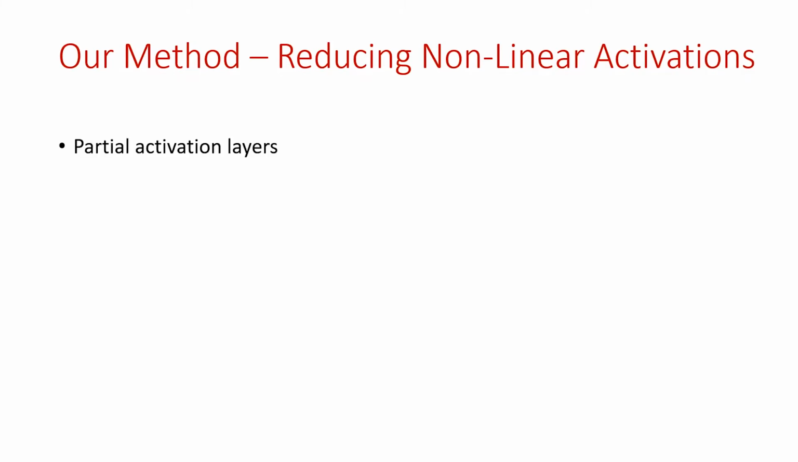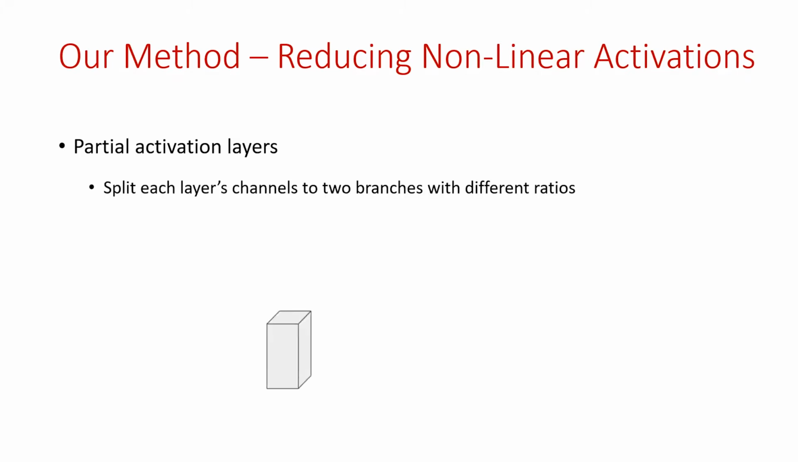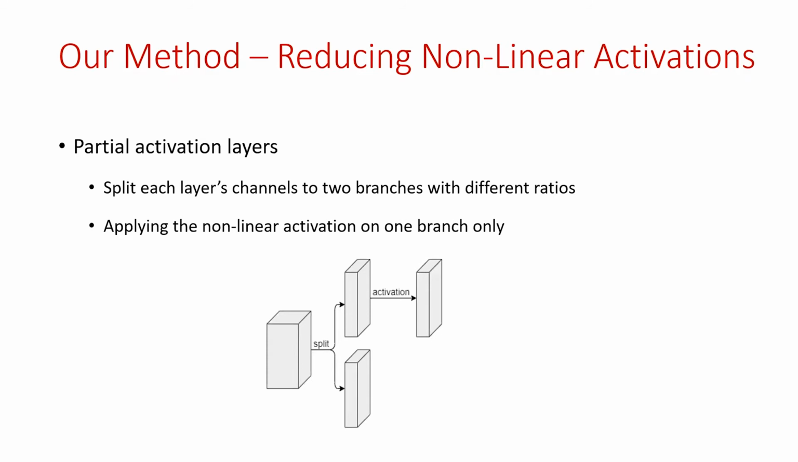In order to do so, we propose a novel activation layer, which we call partial activation layers. And in this layer, we take the input to an activation layer and we split the channels into 2 branches with different ratios. In this example, it's a 50-50 ratio, but we can select any other ratio we would want. And then we apply the nonlinearity, the ReLU activation, on 1 branch only, and then we concatenate the results. By doing so, we are able to significantly reduce the number of nonlinear computations that need to be computed, while